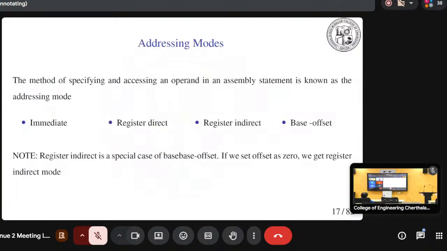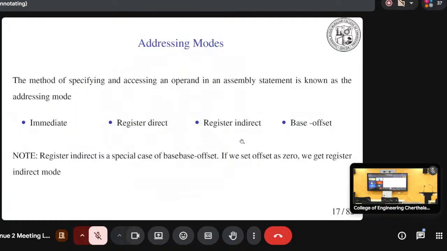Okay, so now I will jump to the architecture. Very lightly I will touch on the architecture. As I mentioned, my main aim is that you all have learned it in the C processor.